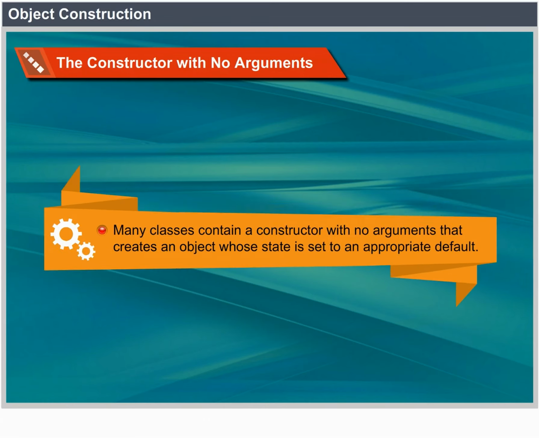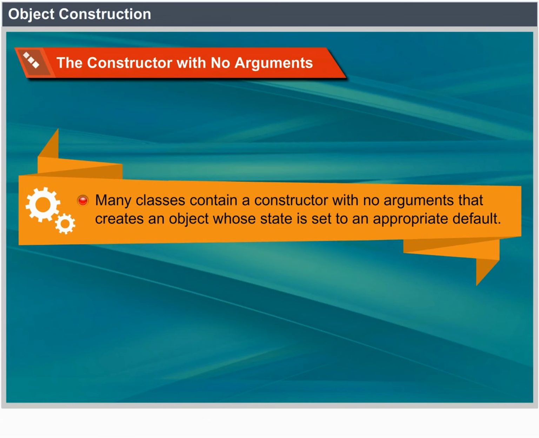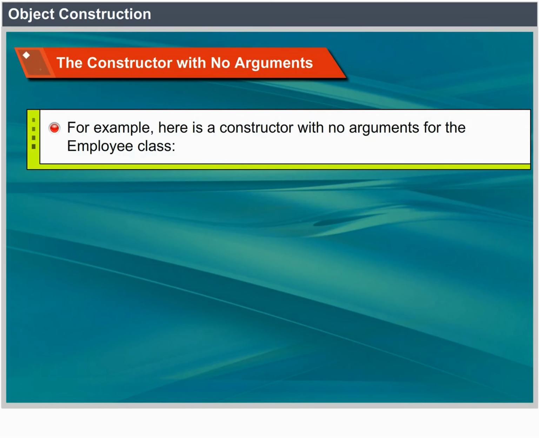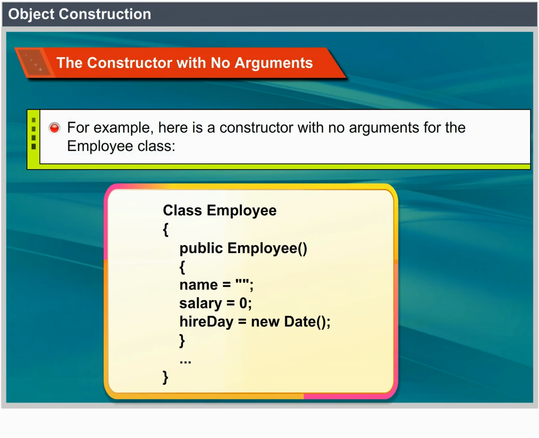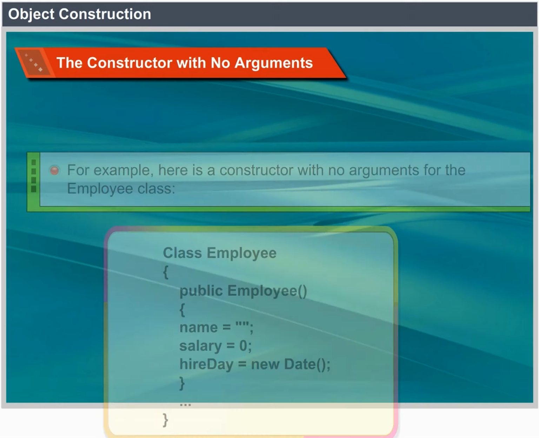Object construction. The constructor with no arguments. Many classes contain a constructor with no arguments that creates an object whose state is set to an appropriate default. For example, here is a constructor with no arguments for the Employee class: class Employee { public Employee() { name = ""; salary = 0; hireDay = new Date(); } }